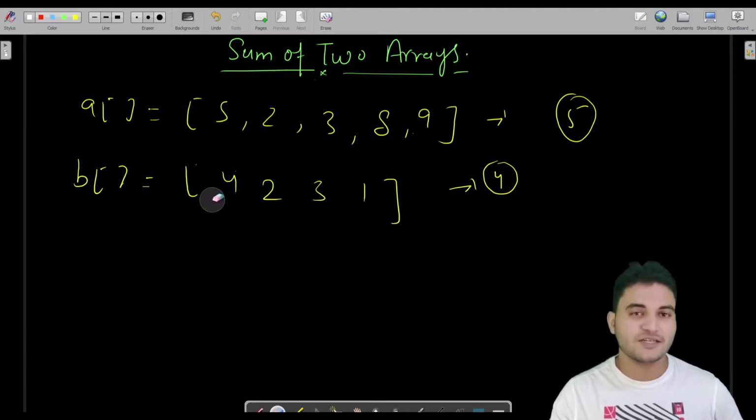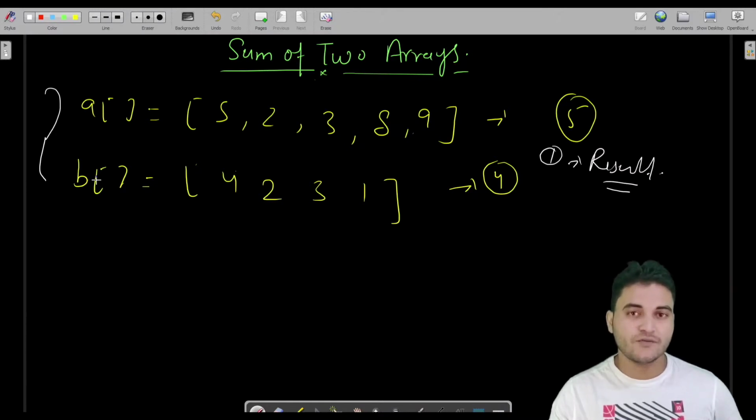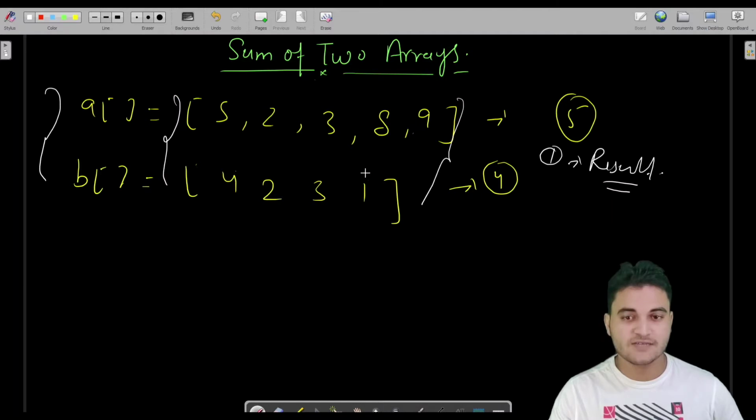And if you have not watched that series, then I would explain the same logic here again. Fine. So what is the logic? Let me explain what we will do. First of all, we have to make a result array so that we can store the addition result in that array. So this is the one thing: make the result array. For that we have to decide what would be the size of the result array. So we would look at these two arrays, and after seeing them we would calculate the size for our resultant array.